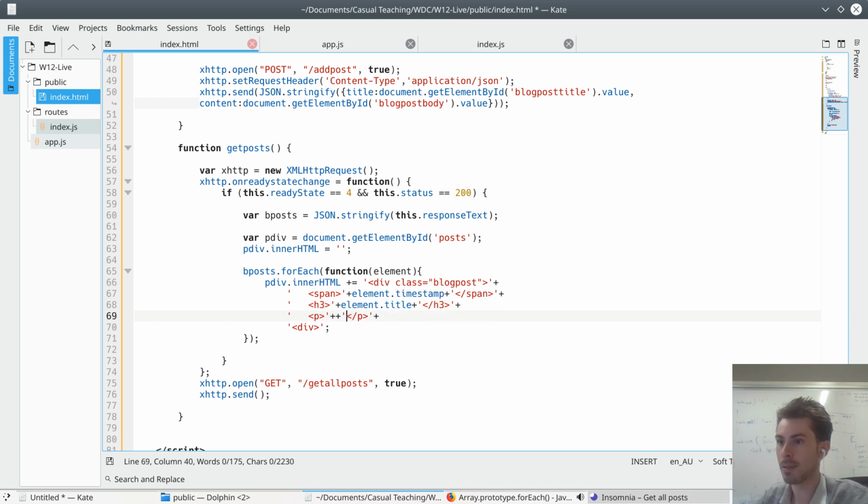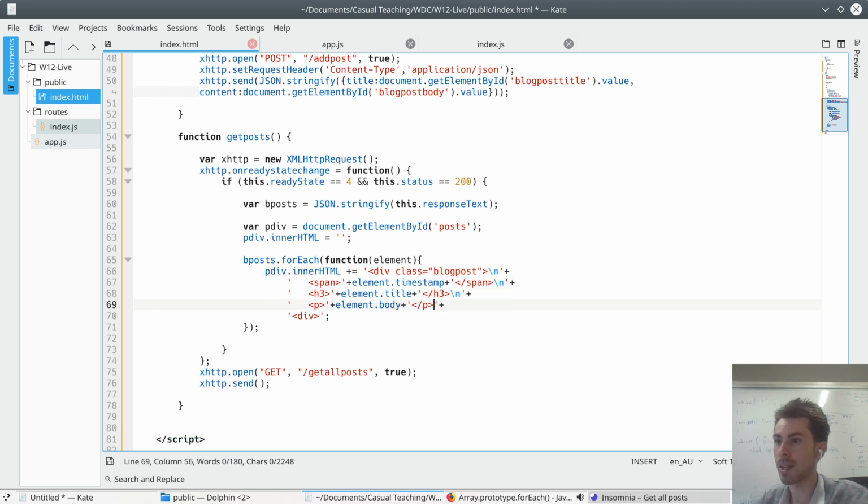Title, body. Okay, that's going to take those three things, it's going to construct it into one of these nice divs. In fact, you know what, I'm going to go ahead and put some end line characters in there just for good measure so that it all stacks out nicely,